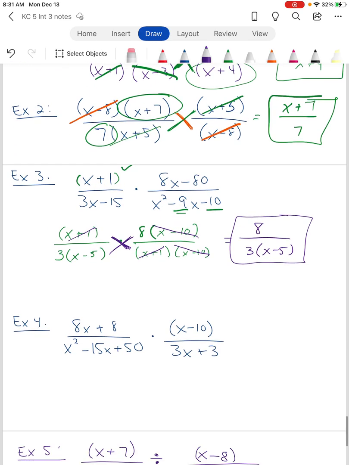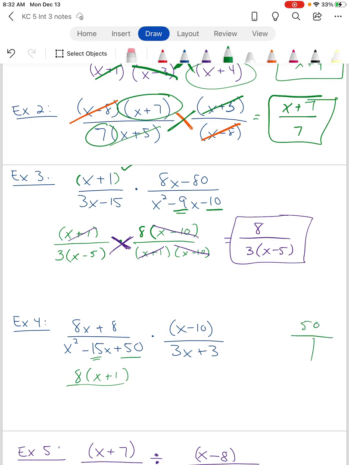Okay, so I want you to go ahead and pause this video and try example number 4. Factor everything else out first, and then cancel out when you can cancel out. Okay, so I'm going to go ahead and do that now. 8x minus 8 will become 8 times x plus 1 because I divided both things by 8. And the bottom, what two numbers multiply to give me negative 50 that will add up to give me